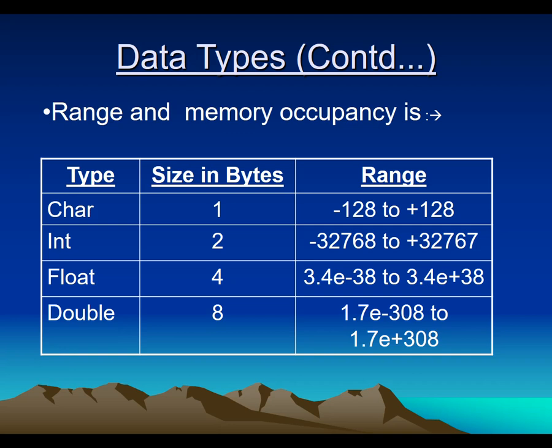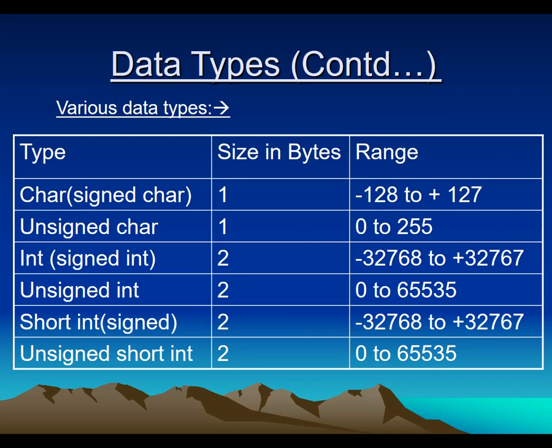At last, what is the conclusion of the topic? Whenever we write a particular data type, either integer, float, character or double, inside the system it occupies a size, and the size is 1 for character, 2 for integer, 4 for float and 8 for double. Now these integer, character, float and double are the basic data types.